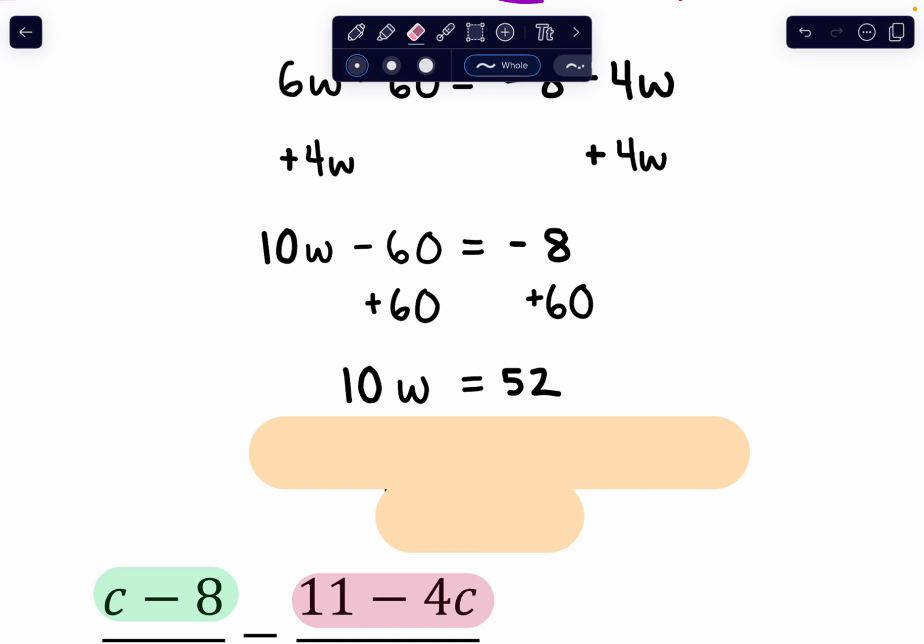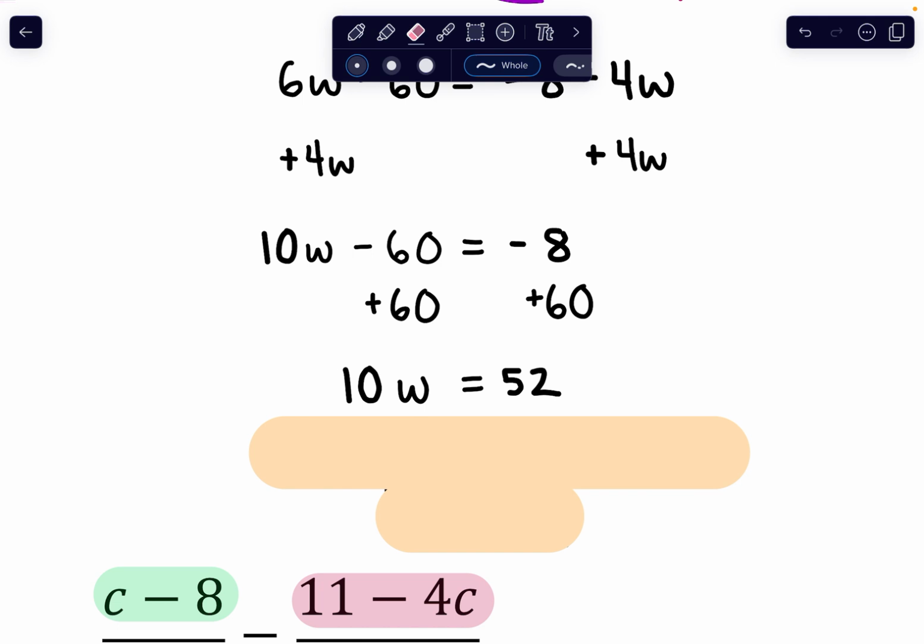Just watch those negative signs. They all matter. A lot of students will see this and just do 8 plus 60 on the calculator and end up getting the wrong answer. So make your negative signs really big and visible. Space things out. Don't try and jam everything into a little space, and make sure you don't forget about those